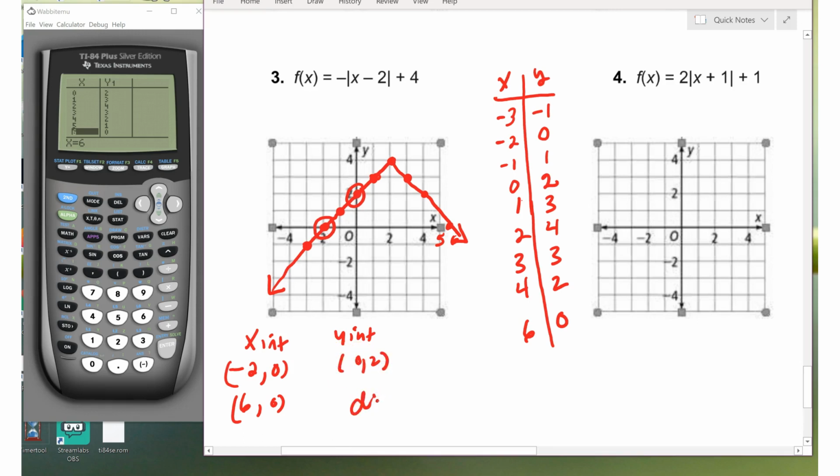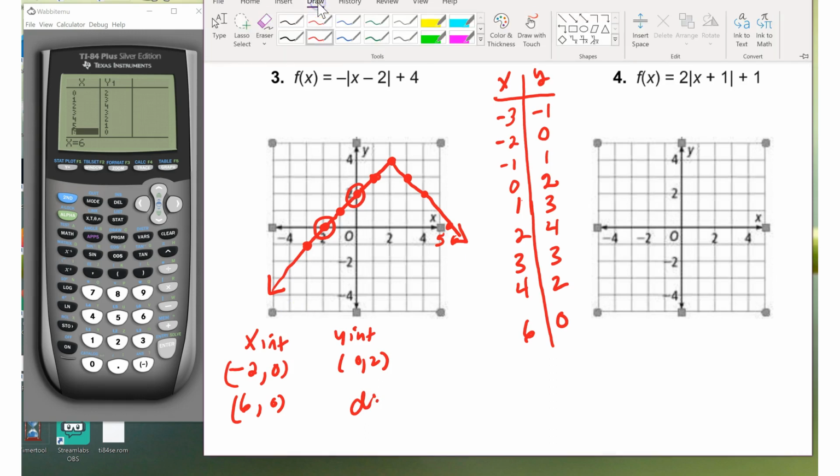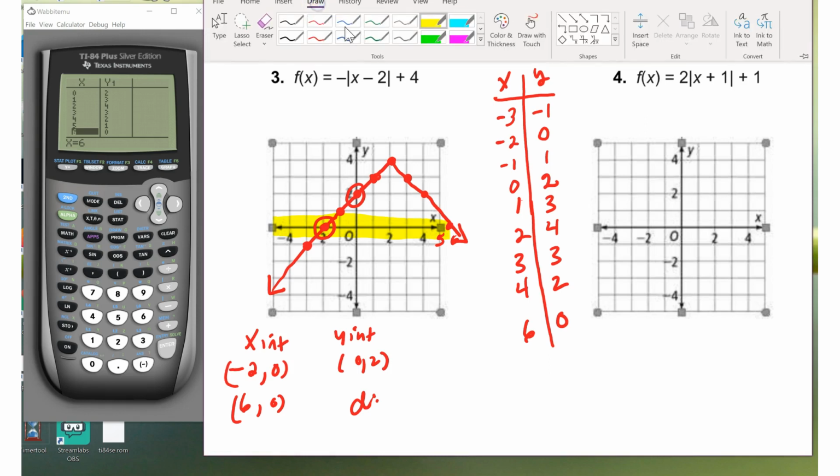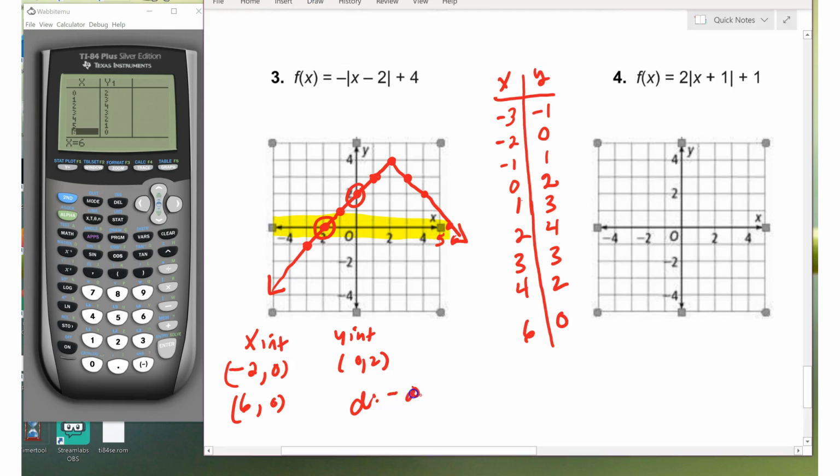Domain. Remember when we talk about domain, we're talking about all the possible x values. In this case, for an absolute value, it's negative infinity to positive infinity. It's going to be all reals. Now, the range is different. The range, the highest point is 4, and then it starts going down. So the range is going to be y less than or equal to